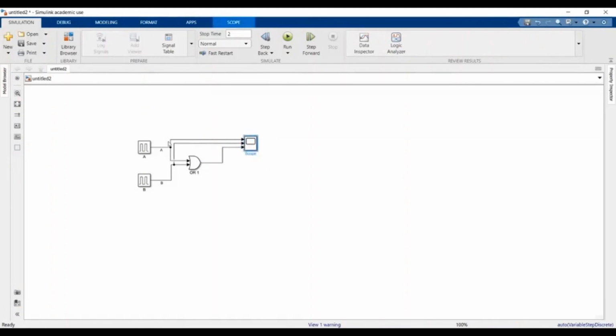Okay, so I've got now A, B, and then depending on what you want to call the output, maybe I can call it F, like the one I showed just now, which is the output function. So if I run this,